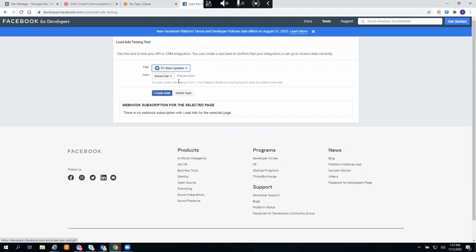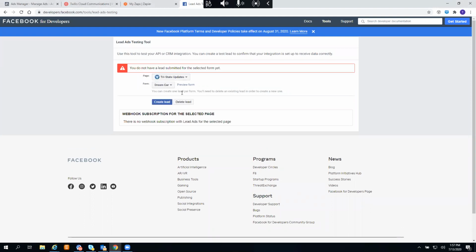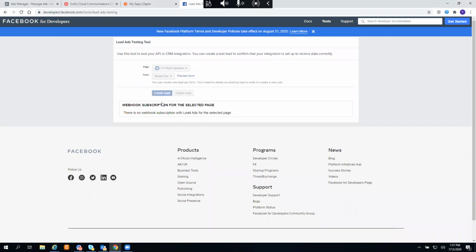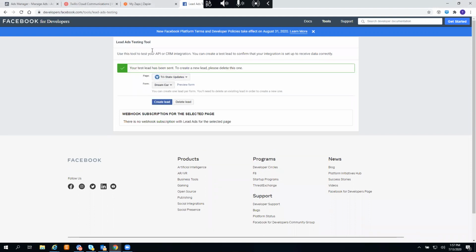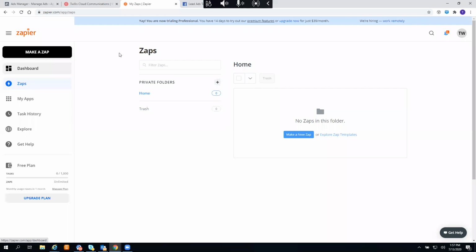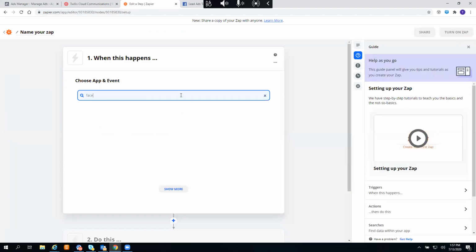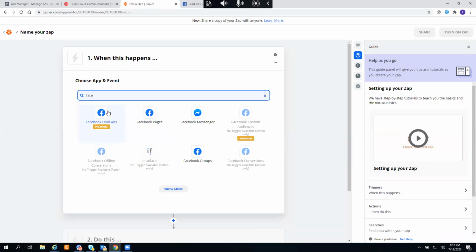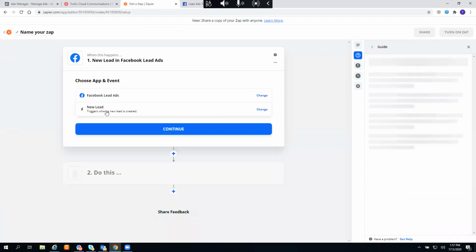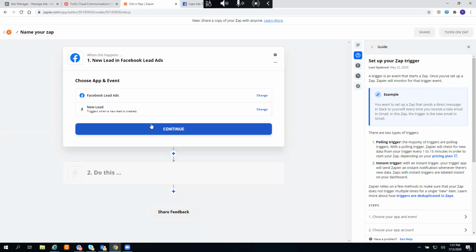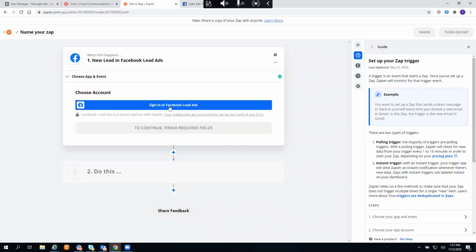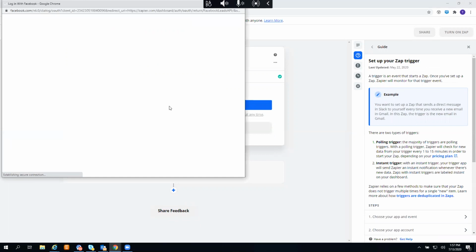So we're going to go to Tri-State Updates. And what we're going to do is delete first, because they put in dummy data they don't tell you about. But we're going to create a lead. Boom. Test lead sent. So now we can come into Zapier and we can create a Zap. Make a Zap. Facebook. Lead ads. When there's a new lead, we want to create a trigger, which is to send a message. So this will automatically